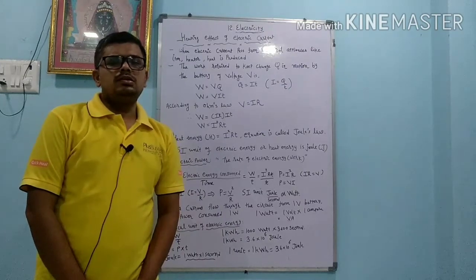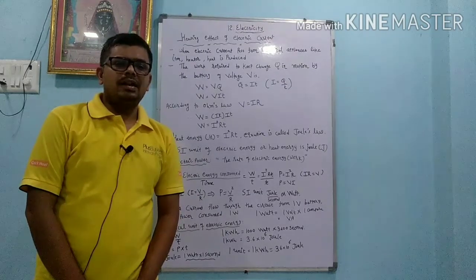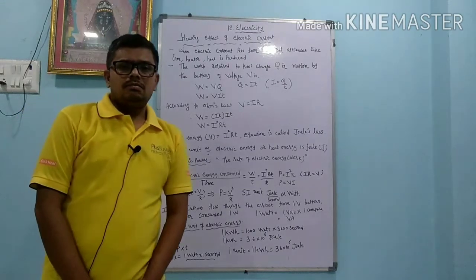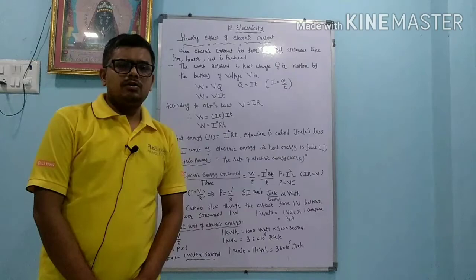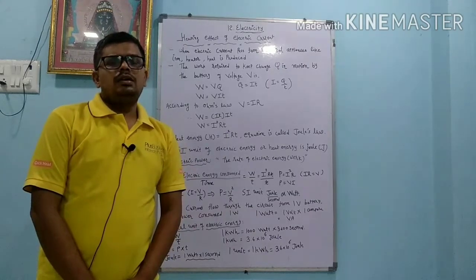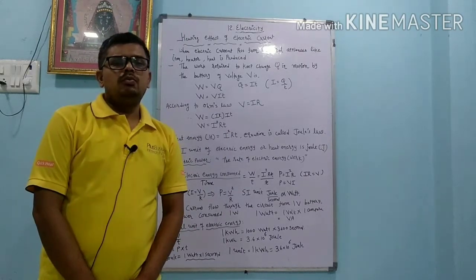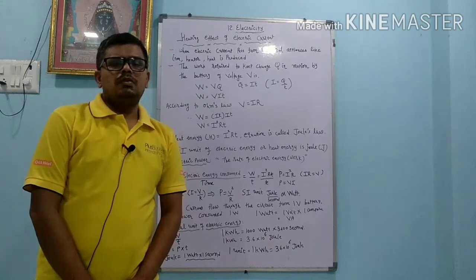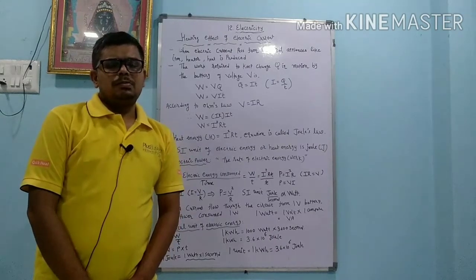So we can use this heat energy in different appliances like a heater, or in the iron, whenever we press the clothes. Generally, to get the heating effect, we use a special type of alloy called nichrome. Many wires are made up of nichrome. Nichrome is an alloy in which nickel and chromium are present.